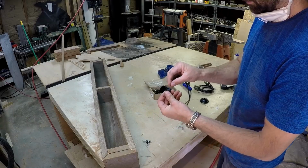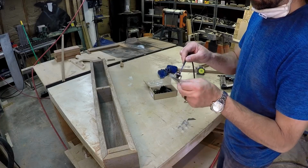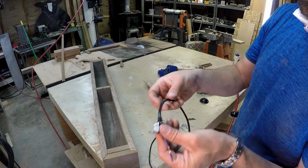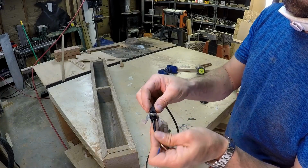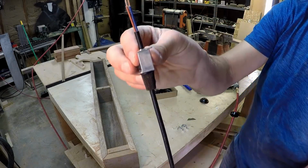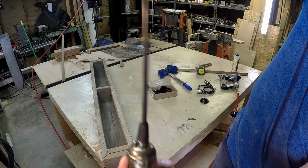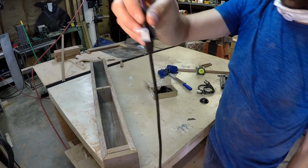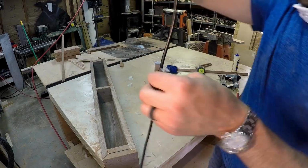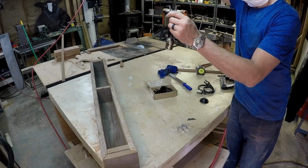This goes on like that. This goes into there, and then this screws down like that, and it just hangs. It's meant just to hang. So now, well, I'll get to the details about how this is going to work. You can raise it up and down